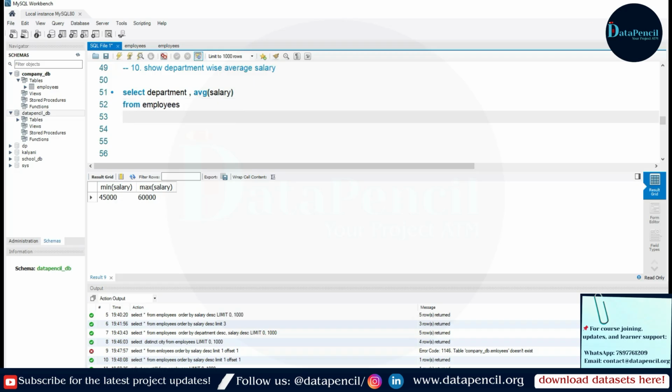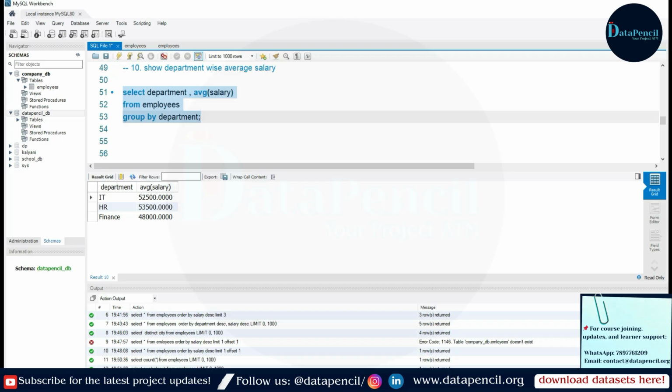And we want this average for groups, and these groups should be department wise. Now let's run it. Here you have the average salary department wise. So the IT department's average salary is this, the HR department's average salary is this, the Finance department's average salary is this.